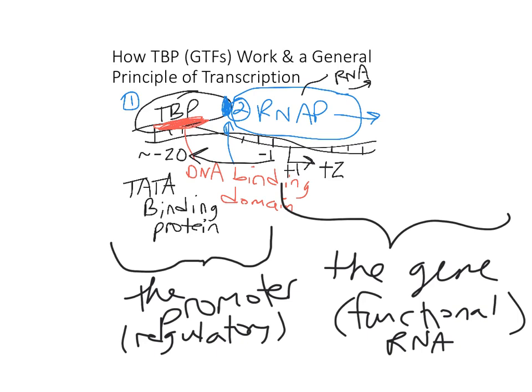Less transcription. So this is the really important principle of transcription: the proteins that turn on transcription, like TATA binding protein, have a particular DNA sequence they bind best. There are other DNA sequences that they could bind okay, or poorly, or not at all. And mutations can change how tightly and for how long TATA binding protein will stick to a particular piece of DNA. And the more frequently TATA binding protein binds the promoter, the more frequently RNA polymerase gets brought to the promoter and transcribes the gene. In other words,